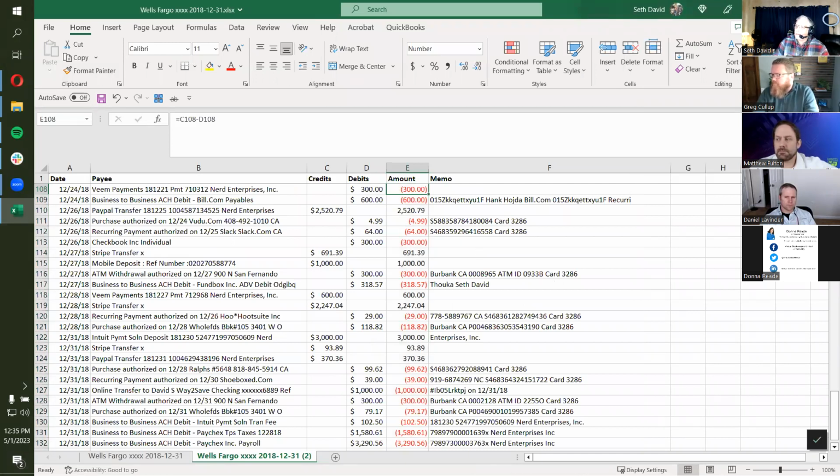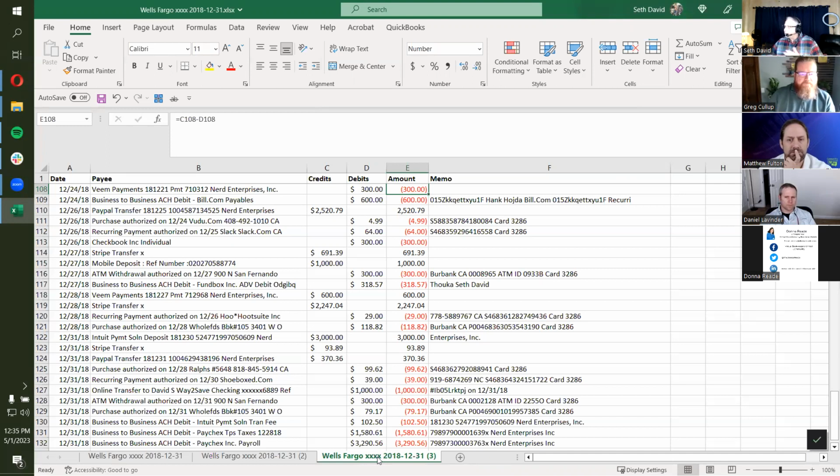Most of you probably know how to do everything I just showed you, right? But just a real live use case, right? I've gotten a bank statement, and now with what I have here, it would be very quick and easy. And what I typically do is I'll make another copy of this tab for money out and another copy for money in, and then I'll remove all the debits on one, remove all the credits on the other, so I can quickly sort and find things, especially if the goal here is to identify a difference on a bank rec.